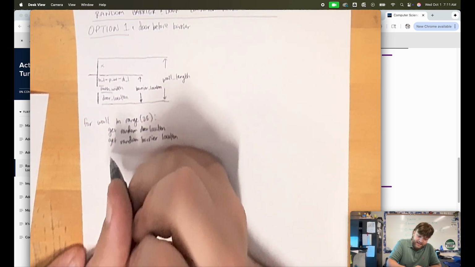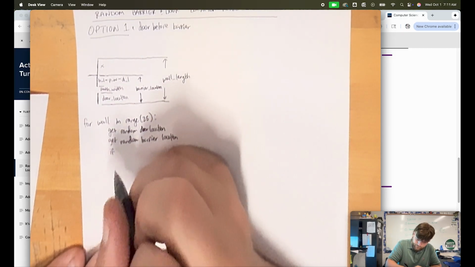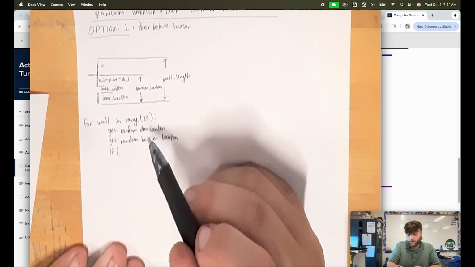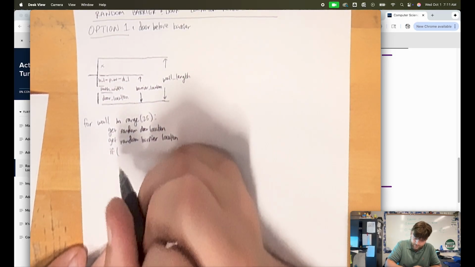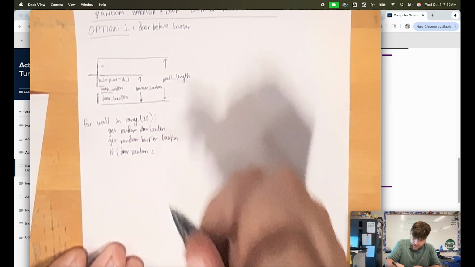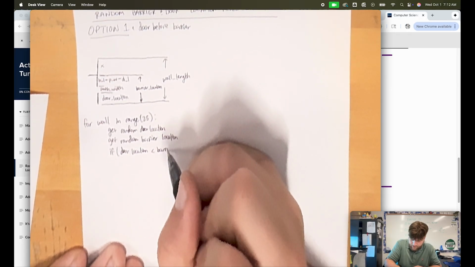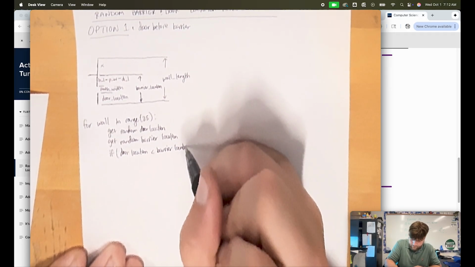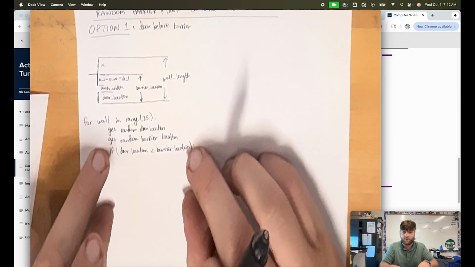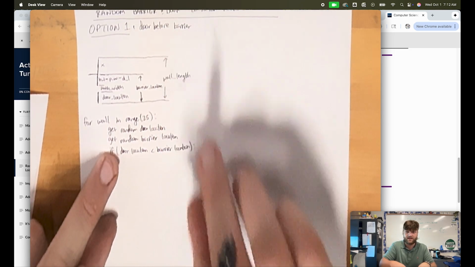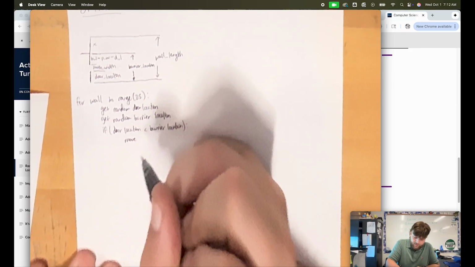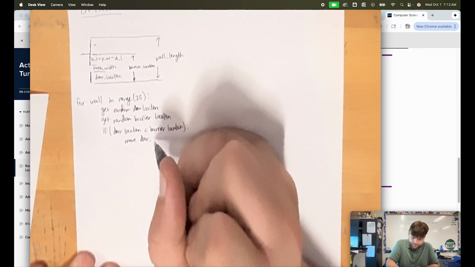Okay. Now, in this, we can do if the random door location is less than the random barrier location, then we want to actually create this, right? So it's going to be at this point right here. This is the code that basically we're going to create to do this. So if the door location comes before the barrier location, then what we want to do is move door location,